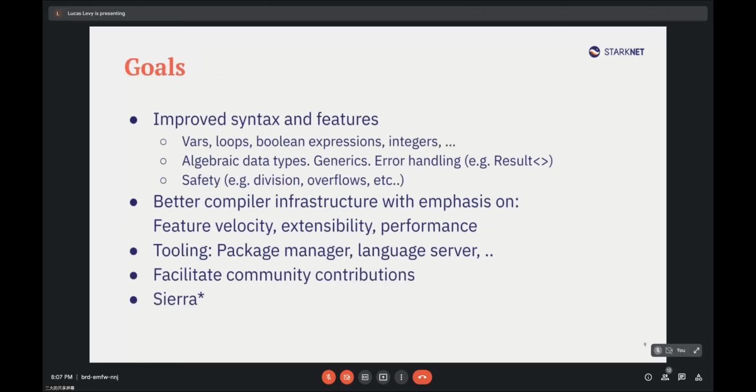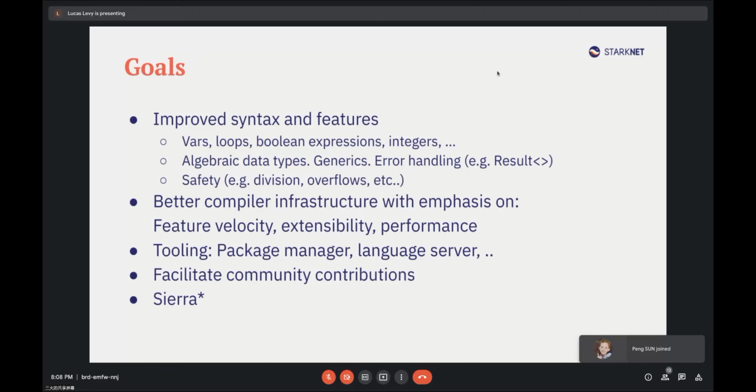First, right now, if you want to create a variable, you have to know if you want to create a let, a tempvar, or a local. This is hard to know, and this will disappear in Cairo 1. The compiler will take care of everything, which means that you will only declare a let, for example, let x equals 1, and the compiler will know if it's a tempvar or a local or just a let. This will enable us to deal with revoked references more easily. The compiler will handle almost everything, I think. So I think that's a good improvement.